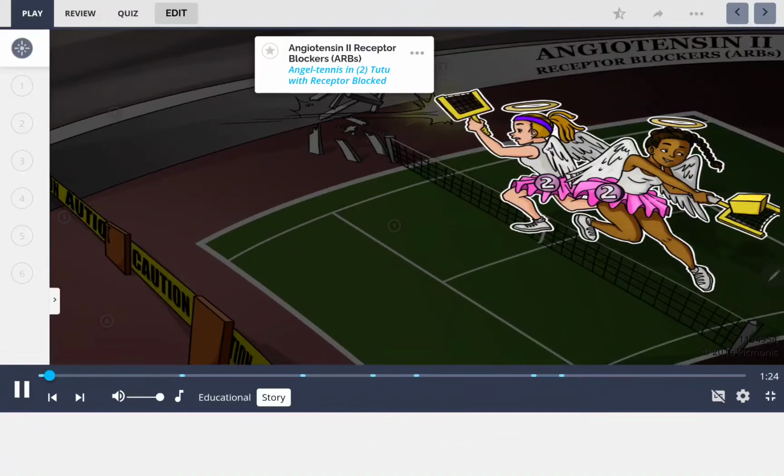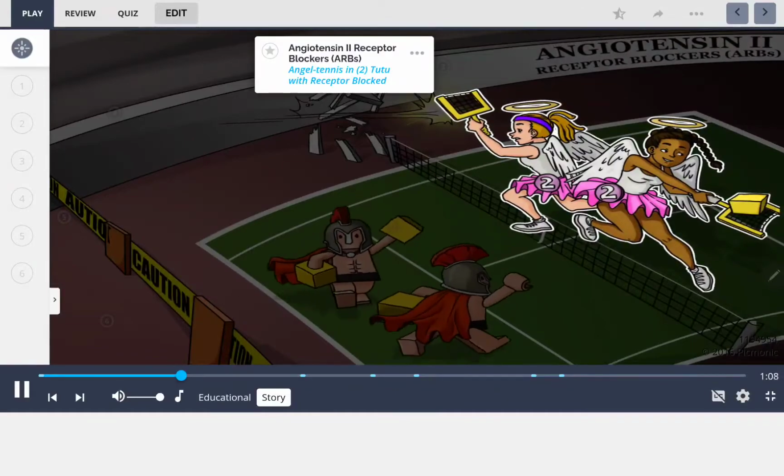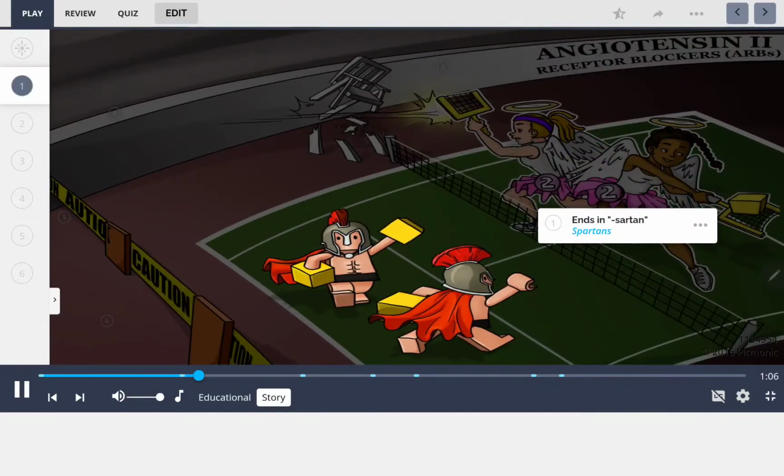For those of you just tuning in, welcome to the Wimbledon Final. It's a beautiful day for tennis, and I can say with confidence that we are all of us in for a treat. The Angel Tennis duo is stepping onto the court, brandishing the latest model of receptor racket. And here come the challengers, the ever-relentless Spartans. Oh! Yes, indeed, their chant never fails to make an impression. And they're getting right to it, hurling blocks at the Angel Tennis duo